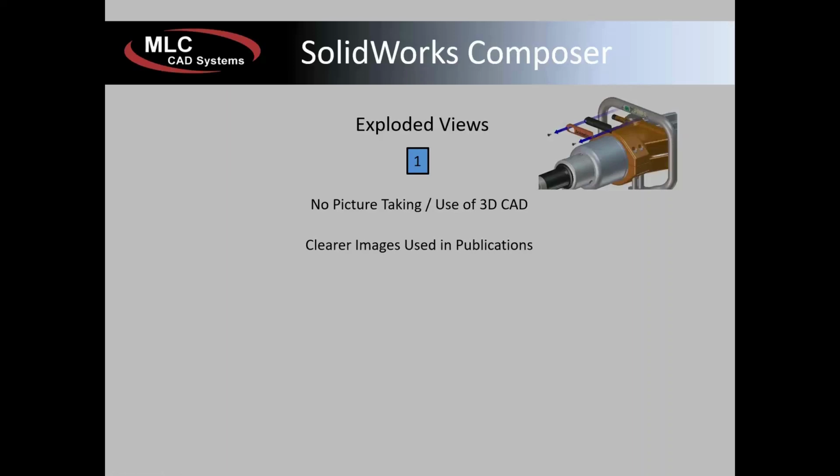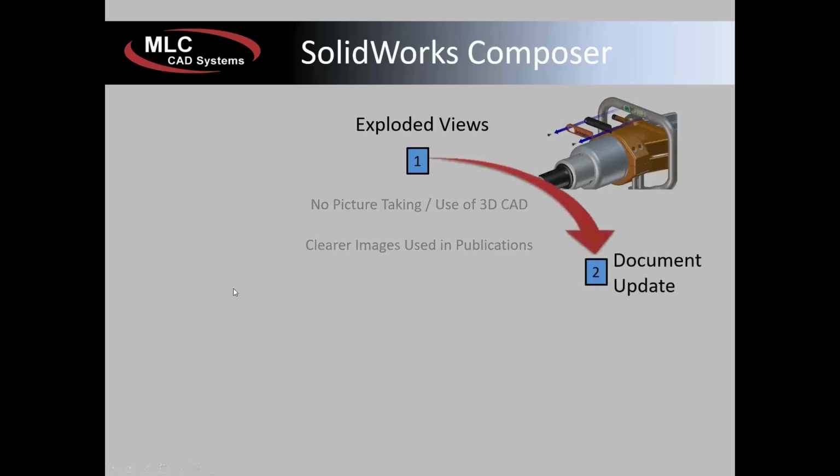So there's no longer any need to bring out a camera and create still shot images. And the really cool thing is if anything changes, we have a really simple way of updating our documentation. So the documents update when the design changes. We don't have to go back and start republishing, creating new photos, creating new images, and so on. We can just update the documents that we have